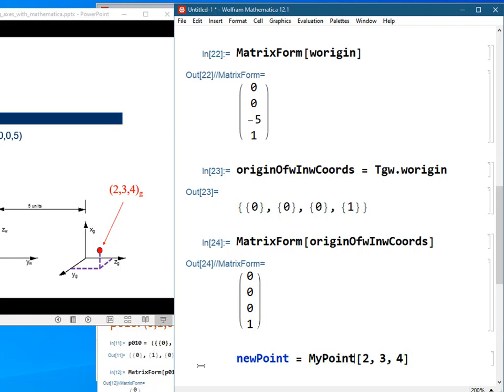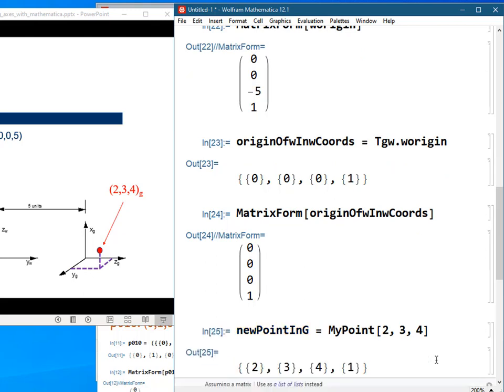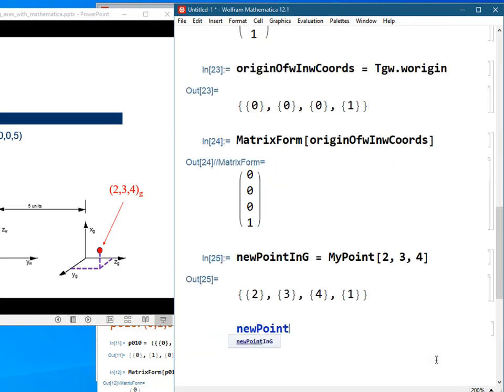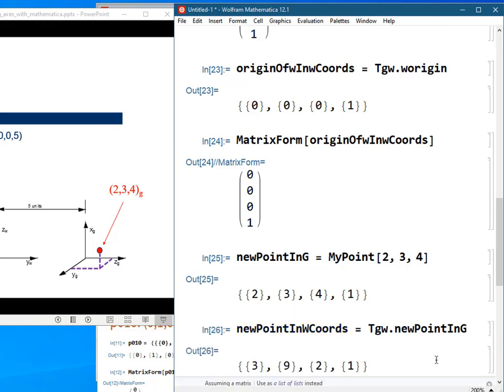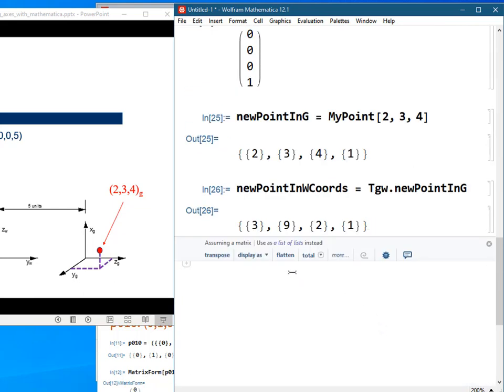So let's say new point in G is, right, because it's in G coordinates, so my new point in G coordinates is the point 2, 3, 4. And I'm going to say new point in W coords is going to be the transformation from G to W multiplied by my new point in G. Matrix multiplication, right? So it's just a dot, and I hit shift enter, and I get this 3, 9, 2, 1, and just